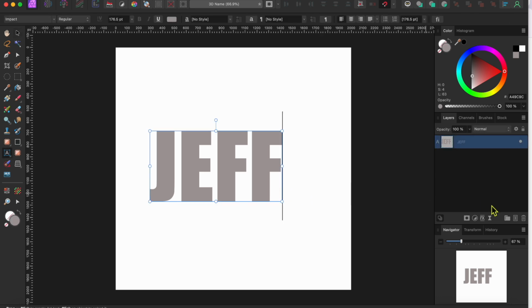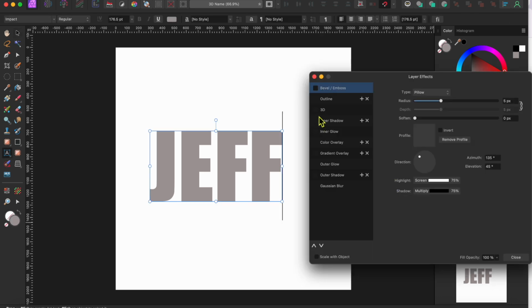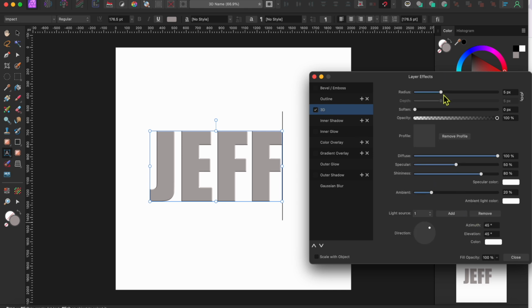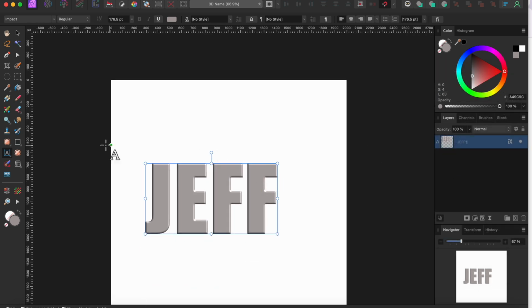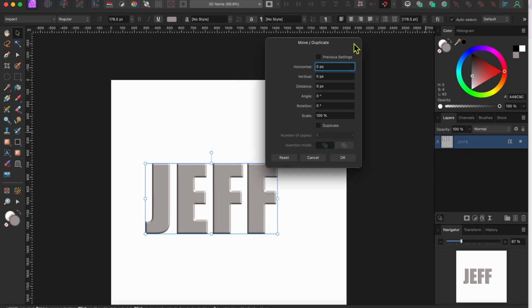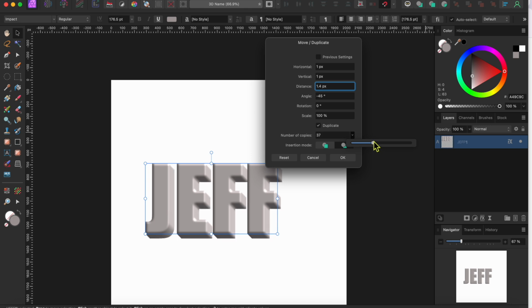Alright, the next thing we're going to do is to click on the FX button at the bottom. Then I'll click on the 3D option, check the box and raise the slider up a bit to give the text some 3D shading. Then I'll make sure the layer is selected and I'll click the Enter key. This will bring up the Move Duplicate panel. I'll type one into the horizontal box and one into the vertical box. Then I'll check the duplicate box and I'll click the Insert Behind button, which is the button on the right by the words Insertion Mode. Then I'll click the Number of Copies drop down and raise the slider up until I get a nice 3D